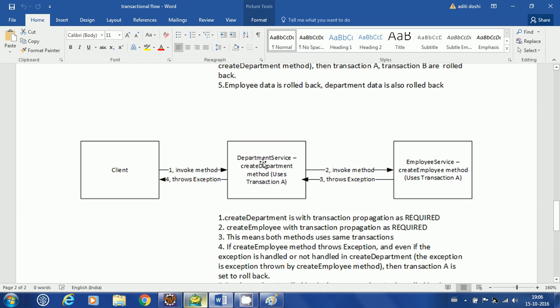Department also uses the same transaction, so department also gets rolled back. Remember two things: whenever a method throws an exception, the transaction is set to roll back. Whenever a method handles that exception, then the transaction is not set to roll back. So remember that point. If, for example, in create employee itself, I catch the exception,